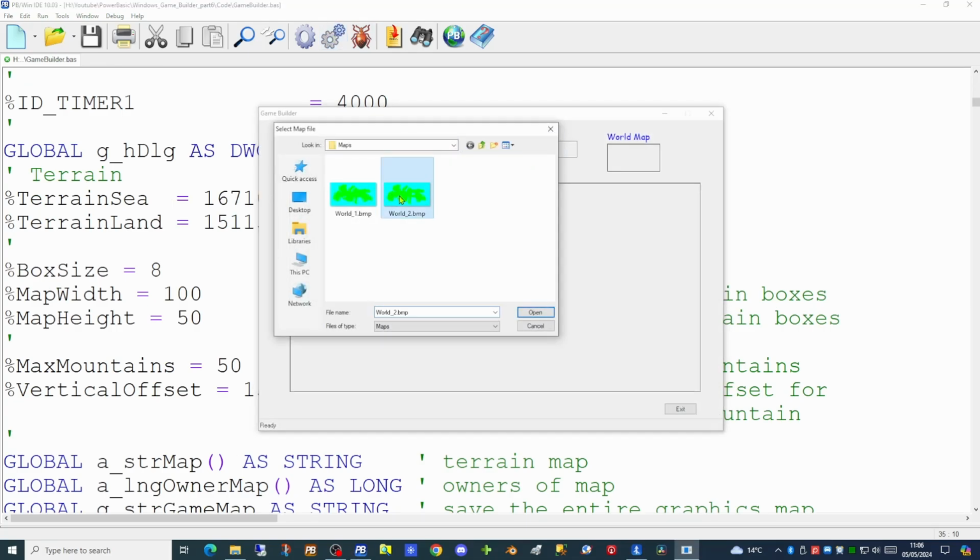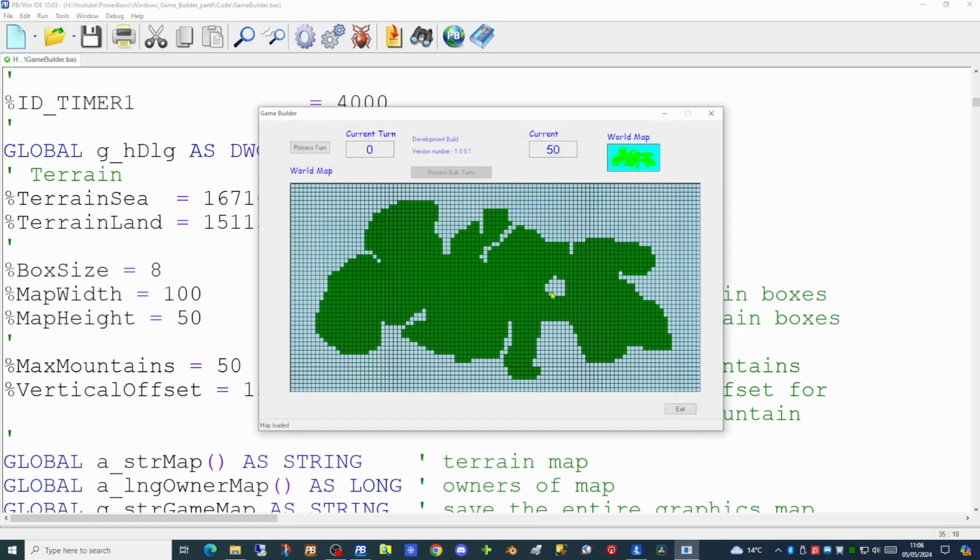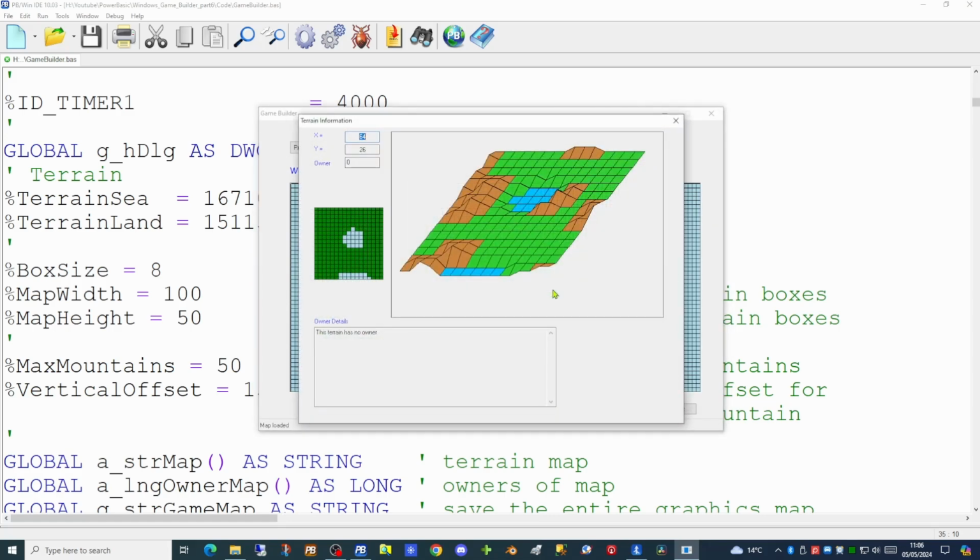load up our world map, and click on an area of the large graphics map. We can now see that the vertical offset for the mountains shows them as higher on the map. This makes mountains more distinct from the lower land. So let's now go back to the code and put the changes in we'll need to make to allow navigation